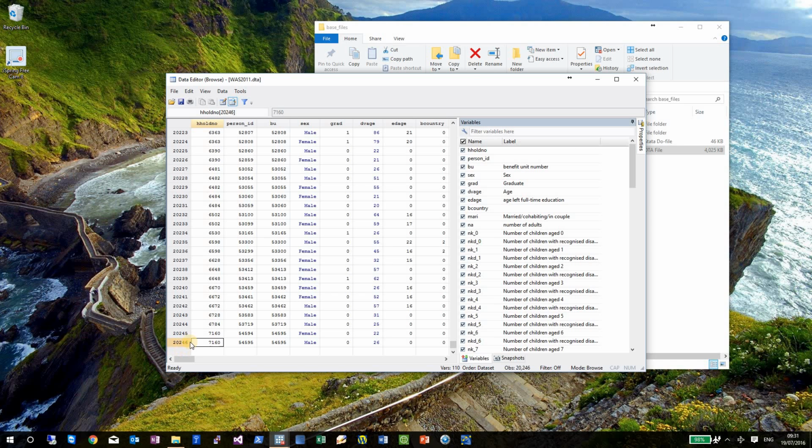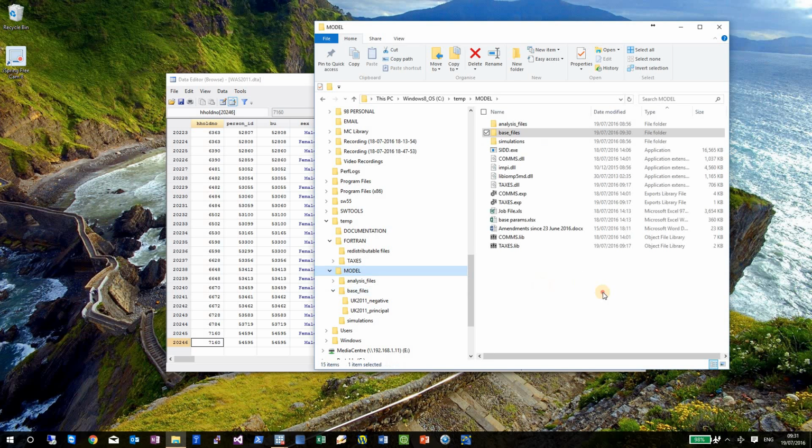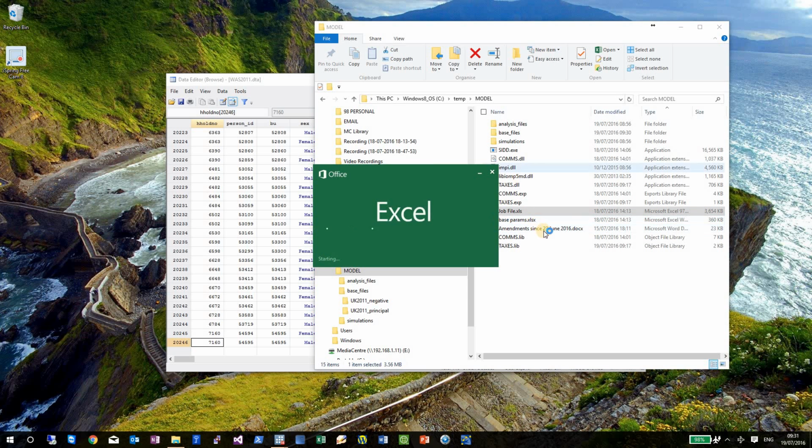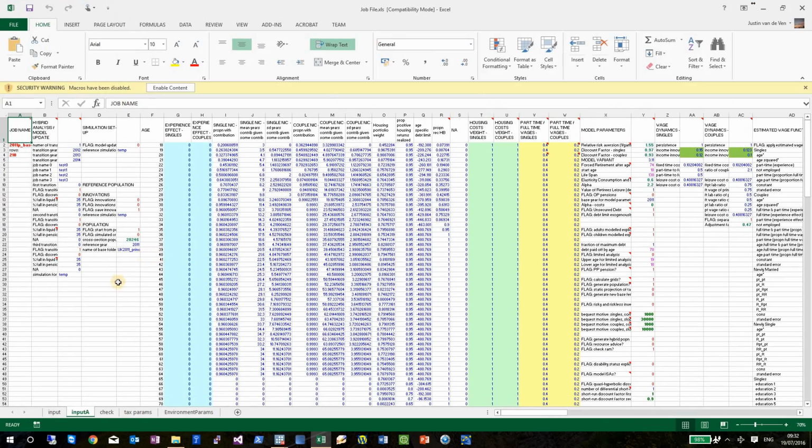I've got 20,246 observations there. That should correspond to the number of observations that the model expects to take in. To check that, if you open up your job file, and you look in cell E21,